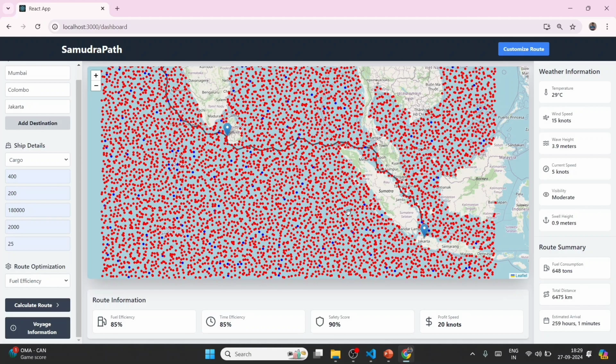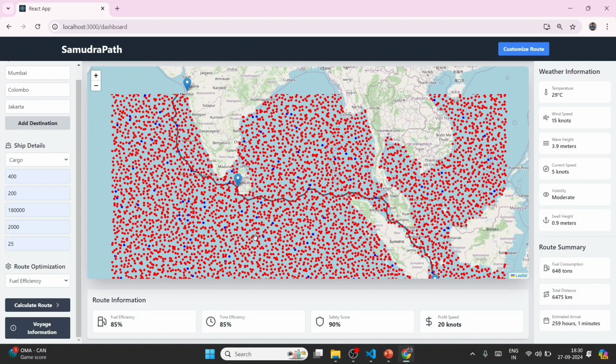Currently, we are working on dummy data, but once fully operational, the route summary will continuously update until the ship reaches the destination. The route summary gives detailed information about the complete voyage from the start location till the ship reaches its destination.